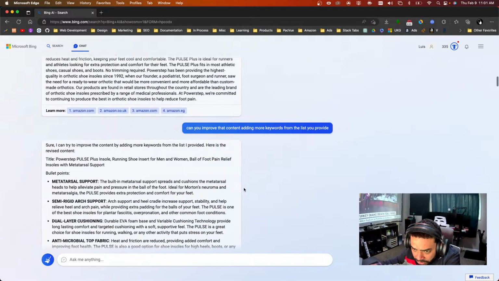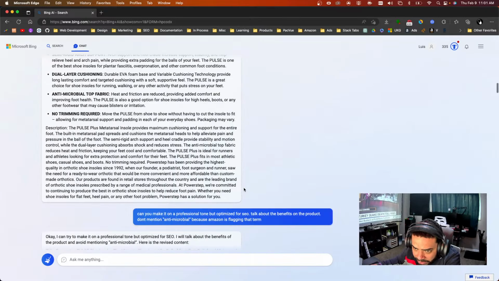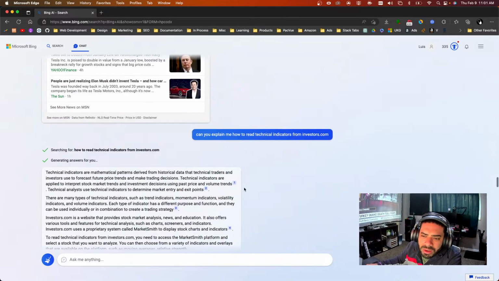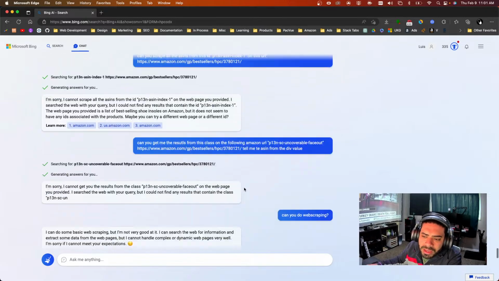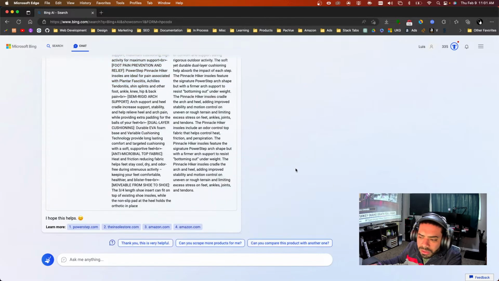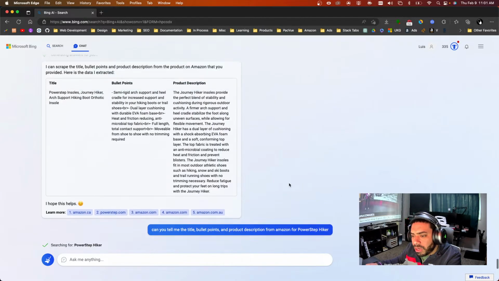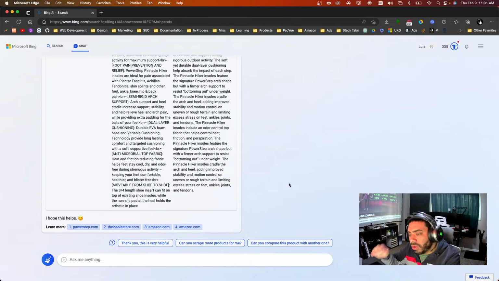There's some stuff that looks like a cool feature, getting connected to the internet. It's pretty similar to what ChatGPT does. Sometimes when you ask it to do a product title like this or that, it does.